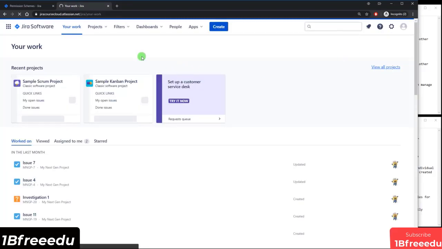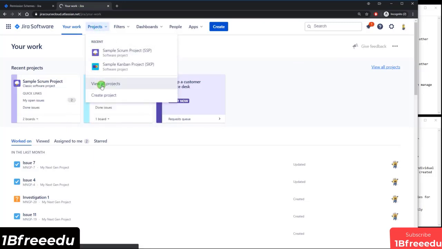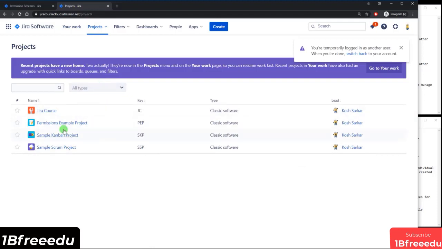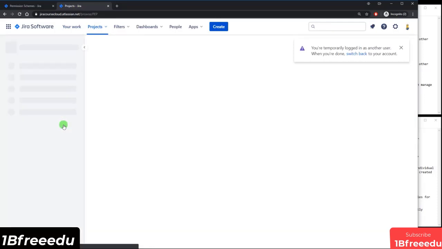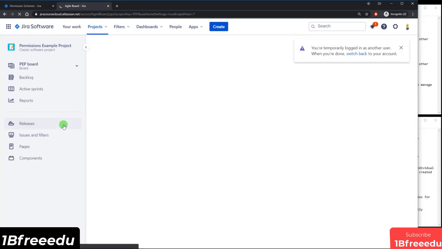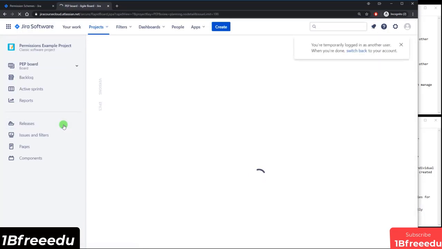So now I'm logged in as the developer. Let's go to the projects page. Perfect. So we can see the new project, we can see the other ones. So now let's go into the permissions example project and just make sure that the developer can also work on